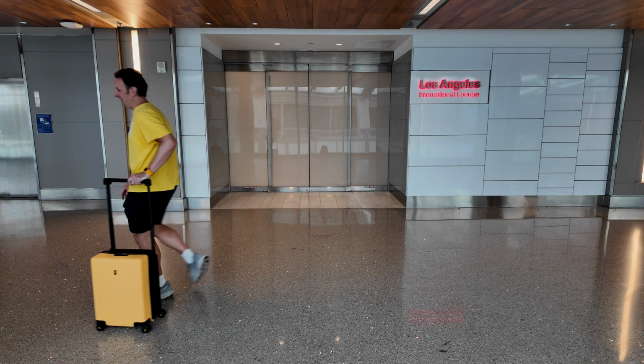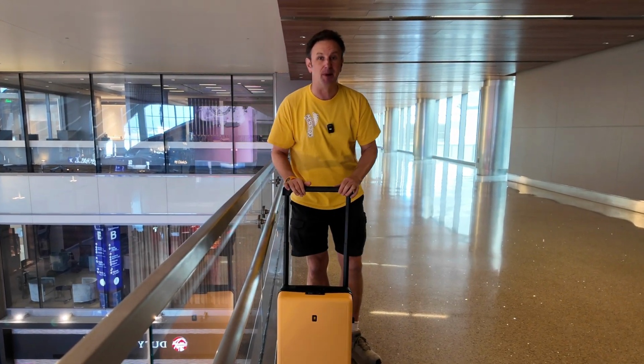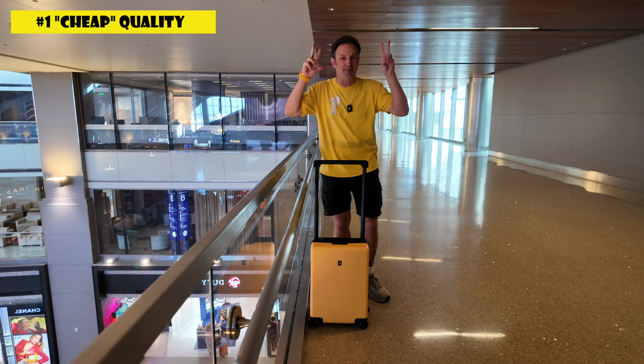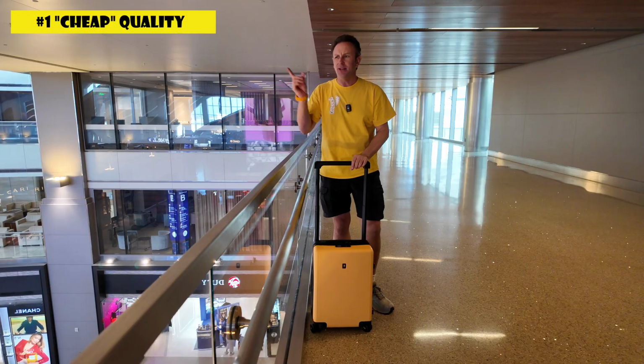On to our first mistake. Now certainly one of the most common mistakes I see travelers make, particularly first-time travelers, is buying luggage that is cheap. And by cheap I don't mean cheap in price, I mean cheaply made. Certainly anything you find at Target or Walmart's going to be cheaply made, but you can't just look at the